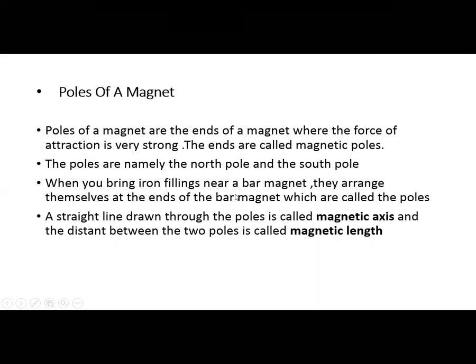We are moving to the poles of a magnet. Poles means the two ends of a magnet. Thus, we have two main parts of the magnet that are called the poles: the north pole and the south pole. These poles are the parts of the magnet where the force of attraction is great. A magnet cannot attract at the middle. It attracts at the poles, the extreme ends of the magnet. If you take a bar magnet, for example,